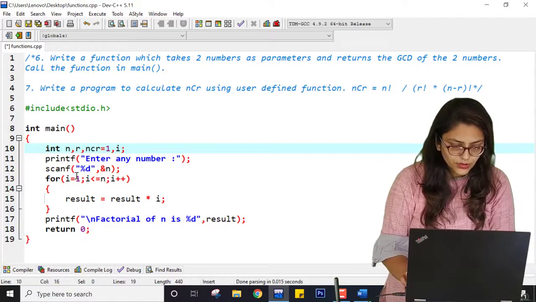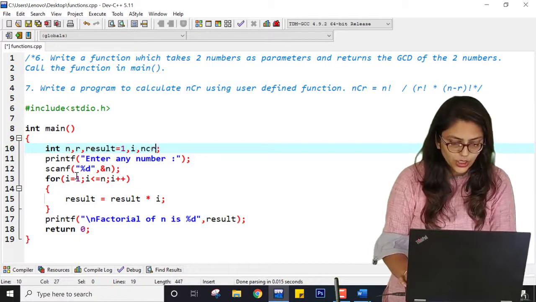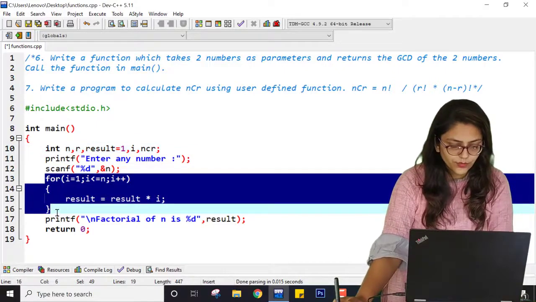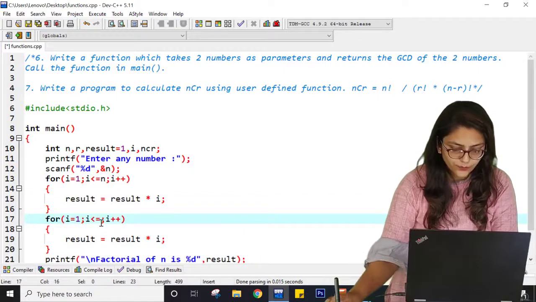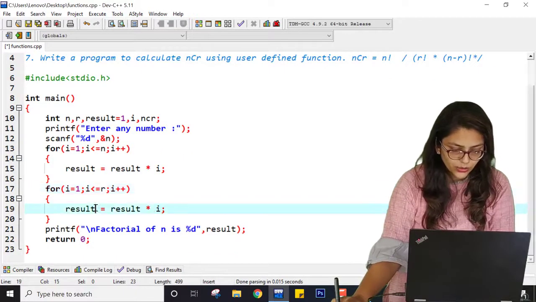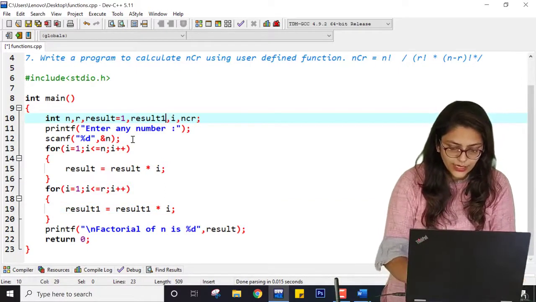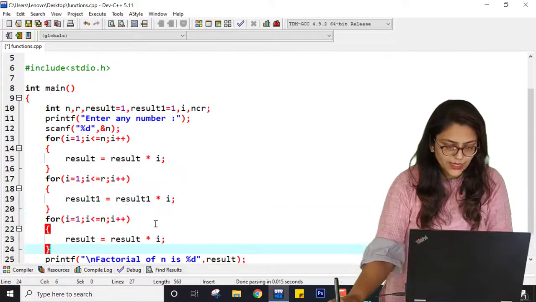Let me write result, and here it will be NCR, right? So first you have to find result by this, then you have to again write a loop for r, right? And here it will be result 1, so you have to declare result 1 equal to 1 as well, and then the similar code for n minus r.